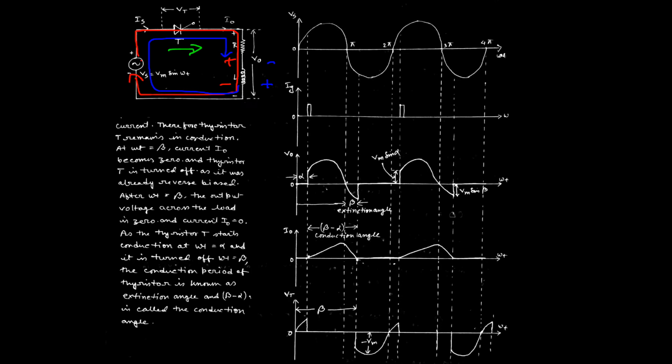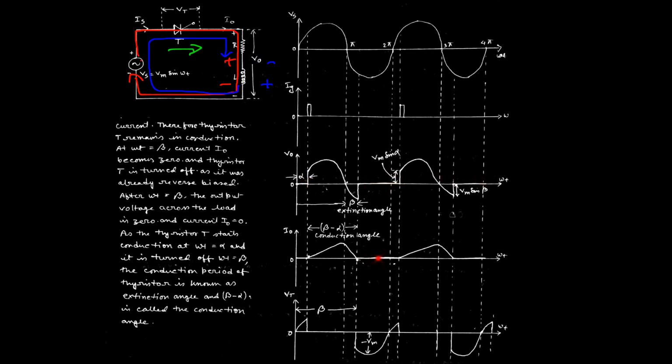So in this way we can identify when the thyristor will be in on state and what the output voltage waveform will be. Now the question is, when the thyristor is in off state, which is defined here as 0 to alpha and beta to 2 pi plus alpha, in this particular region no voltage is appearing across the load. That is why 0 voltage appears across the load in this region.